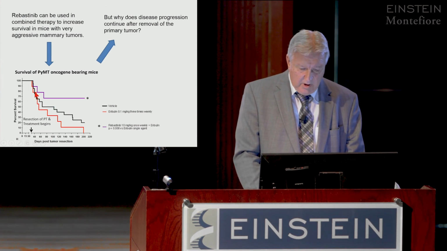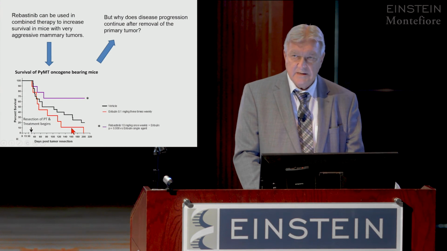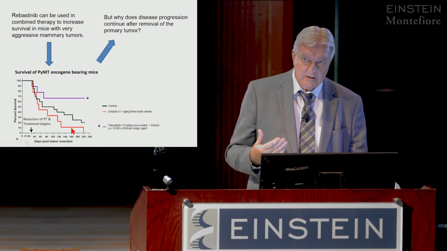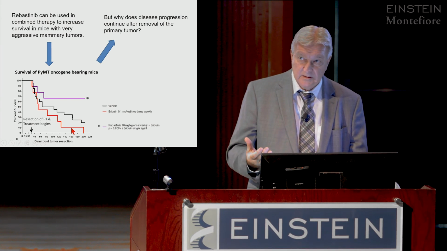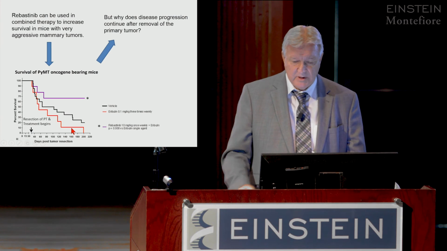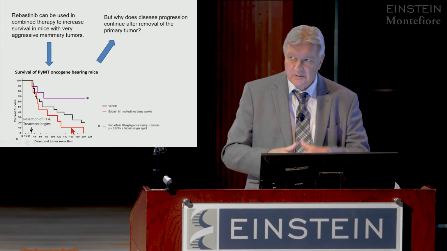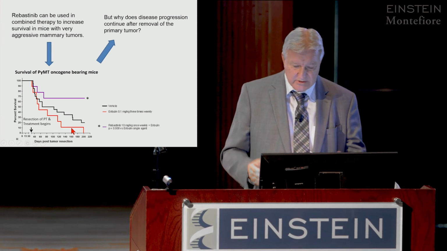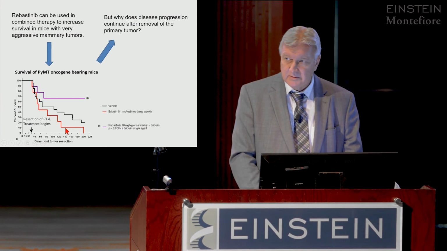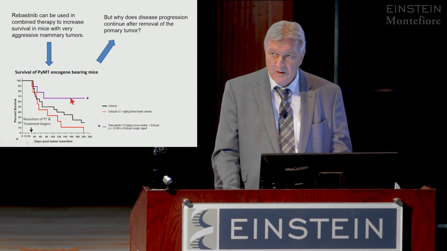If you treat them with chemo, such as paclitaxel or eribulin, they die more quickly. So the chemo is actually, in this particular animal model, making the tumor more aggressive. This happens in some humans, by the way, but here we see it in this whole animal model because they're all genetically identical. But if we add ribastinib to the chemo, we get a 70% cure rate, which is unheard